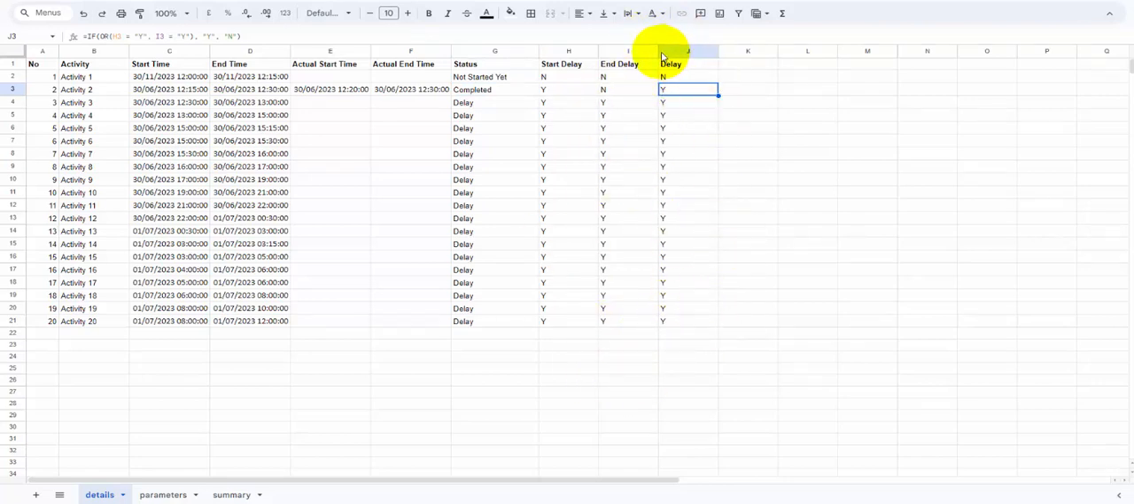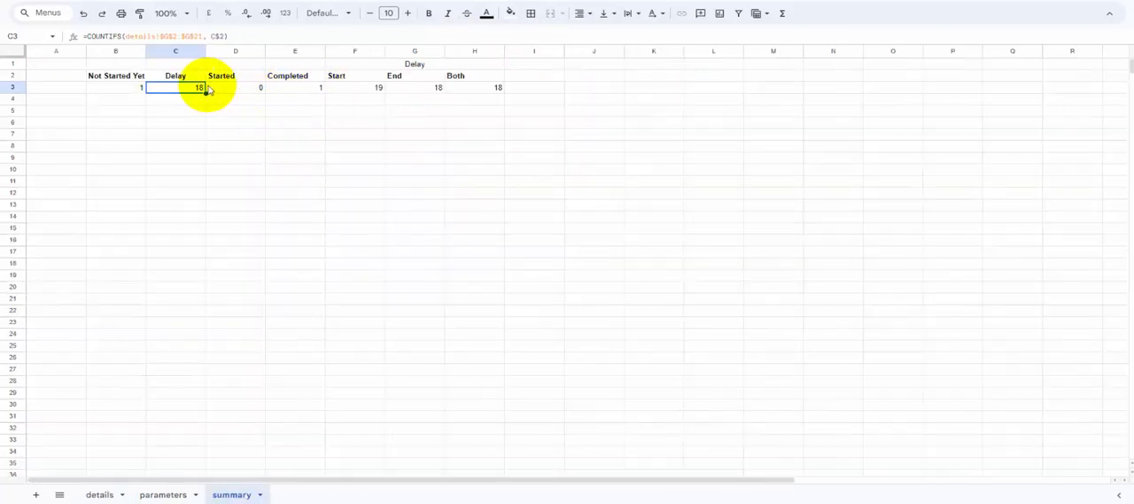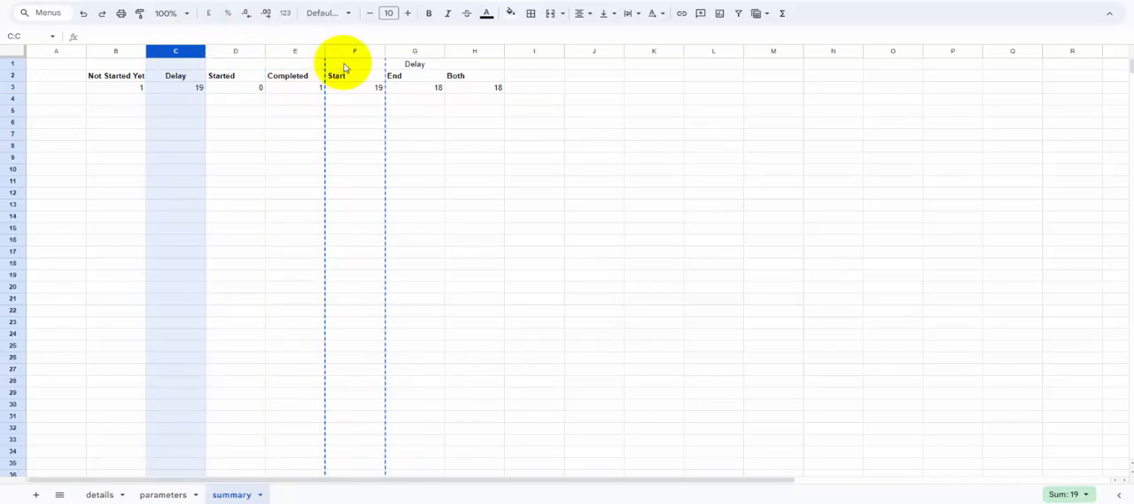So for the delay column, we will base on column J instead of basing on the status over here. This delay will be slightly different, so this one will be column J. And this one will be changed to Y. So this will get the correct readings. From here you can amend slightly over here. Basically you need to change it to